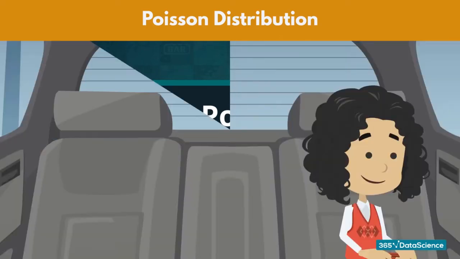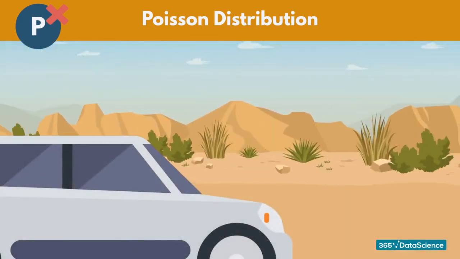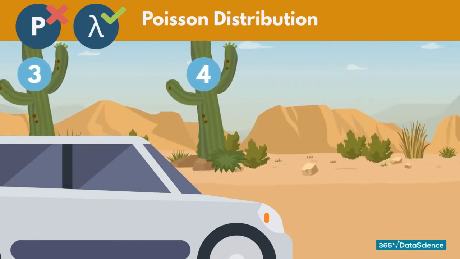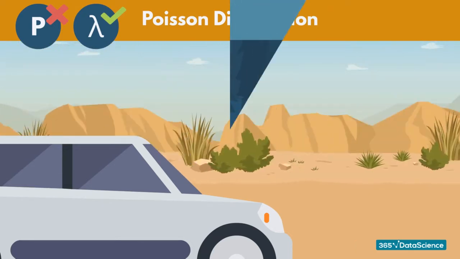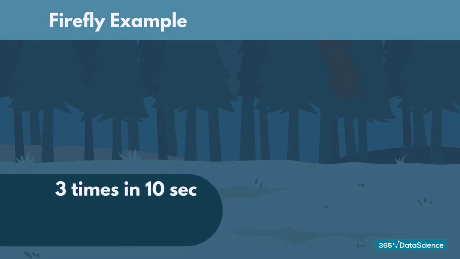Okay. The Poisson distribution deals with the frequency with which an event occurs within a specific interval. Instead of the probability of an event, the Poisson distribution requires knowing how often it occurs for a specific period of time or distance. For example, a firefly might light up 3 times in 10 seconds on average. We should use a Poisson distribution if we want to determine the likelihood of it lighting up 8 times in